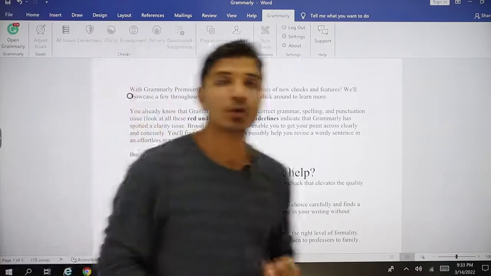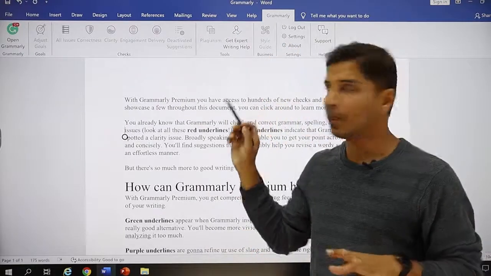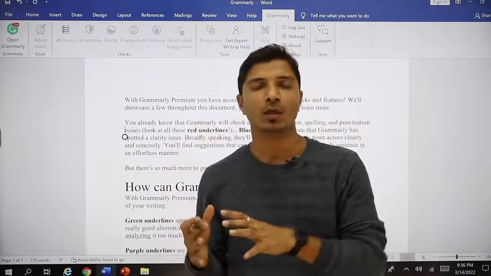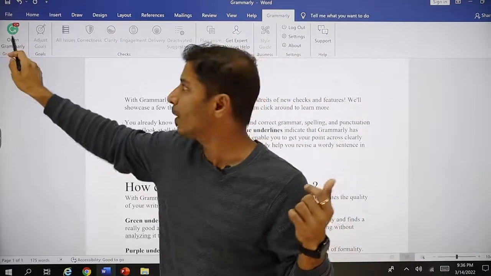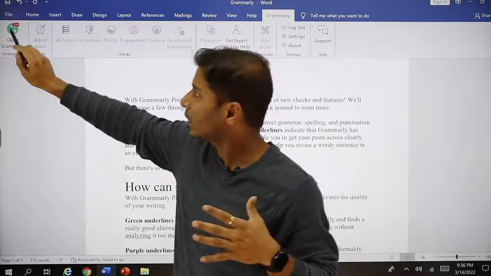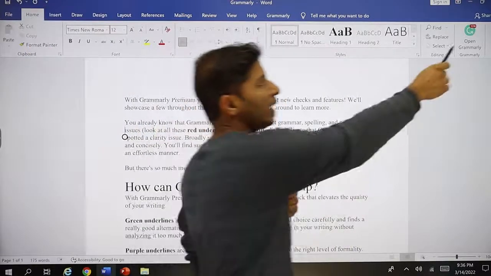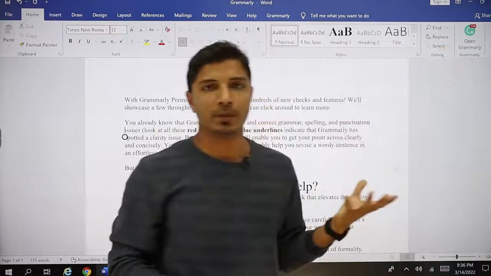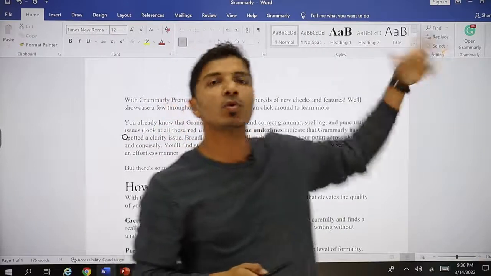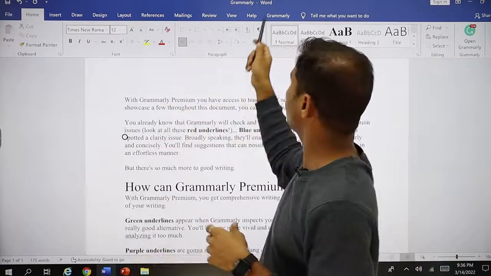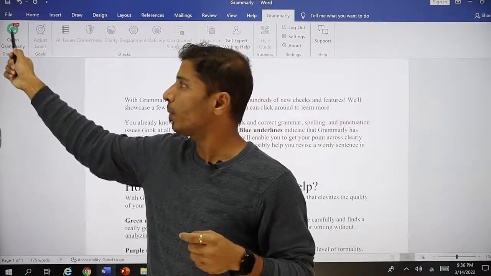Now in order to use Grammarly, you are under this extension. But to connect your Microsoft Word to the Grammarly server, you have to click on the open Grammarly option. You can open it from here, or go to the home tab, where again you will have an open Grammarly option. You can open Grammarly from the home tab as well, and here you can close Grammarly, or you can move to the Grammarly extension and click open Grammarly.